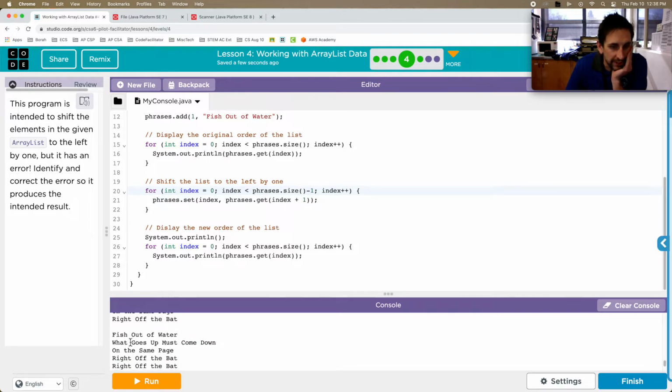So we get fish out of water, which was the second line. It is now first. What goes up must come down, on the same page, and then we're seeing right off the bat. Now, what I'm losing is down to earth, okay? I'm losing down to earth. So what I can do is hold on to down to earth